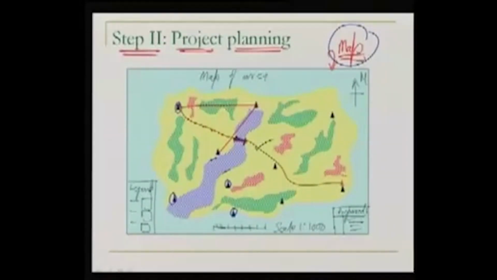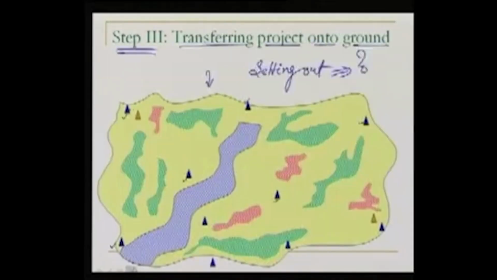So what can I do over here? Let's say in order to locate this particular point, I can measure its angle and as well as this angle. So two angles, alpha and beta, can be measured on the drawing sheet with respect to stations A and B. So I can go to the field,